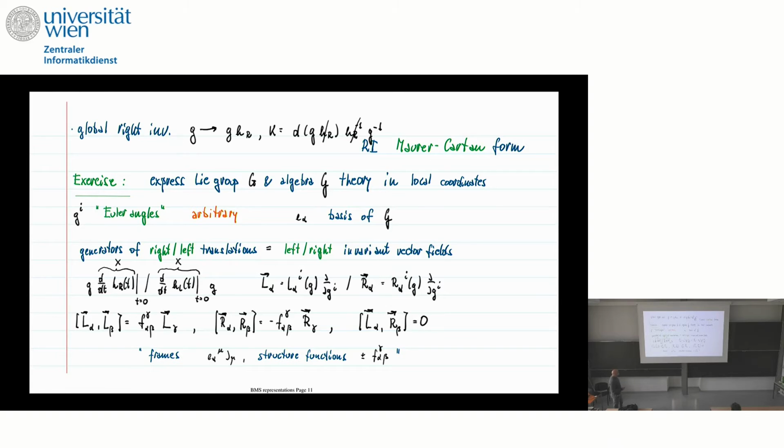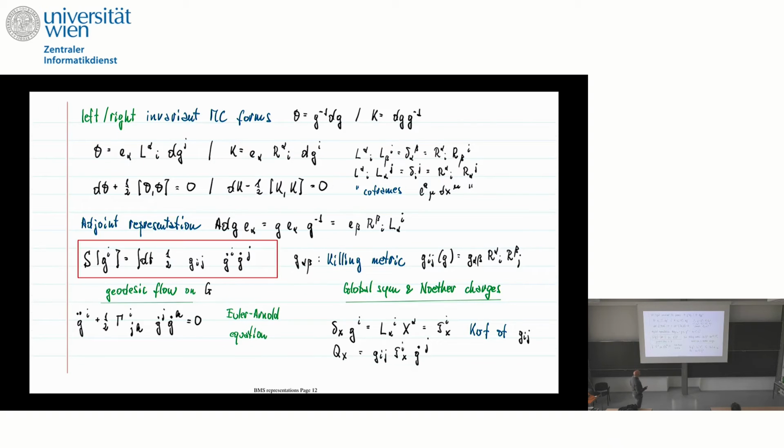Okay, so that's part of the exercise of understanding this kind of models. And then you have to express the left and the right invariant Maurer-Cartan forms because they are involved in the construction of the action. And you realize that the left and the right invariant Maurer-Cartan forms are just given in terms of the associated coframes. And of course, in this case, the torsion, if you do d theta of this thing, is again completely determined by the structure constants of the Lie algebra.